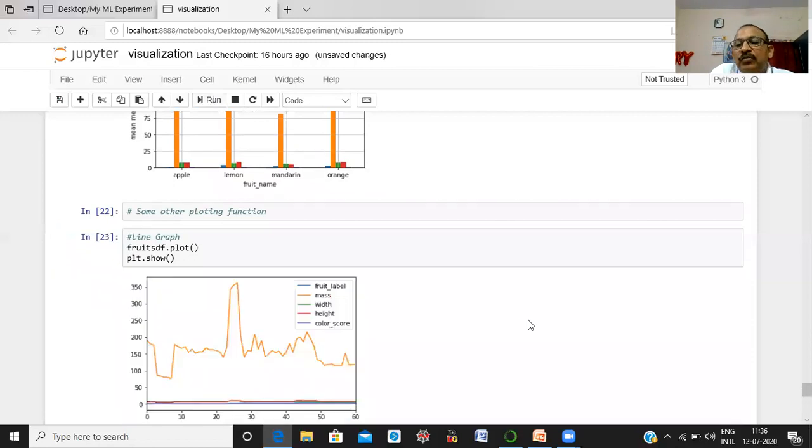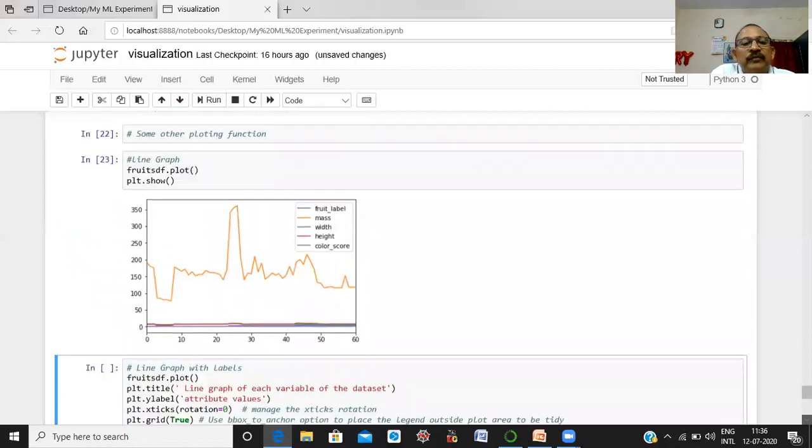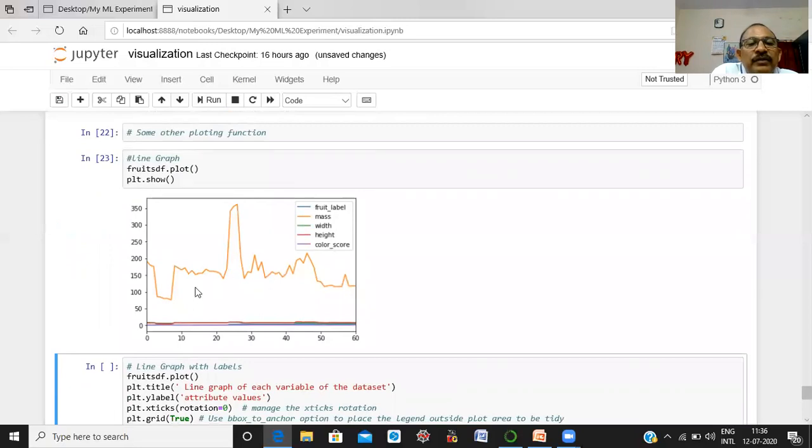Here you can see the line graph of each attribute of our data set. The command is data frame name dot plot. Plot is the function which is used to draw a line. Here you can see these are the variables in our data set.